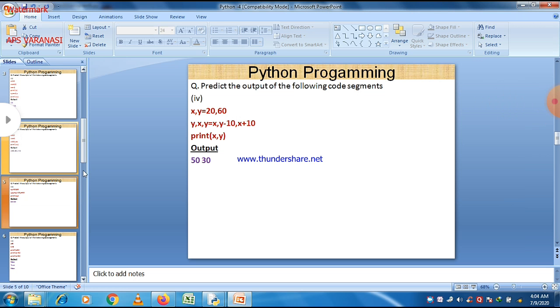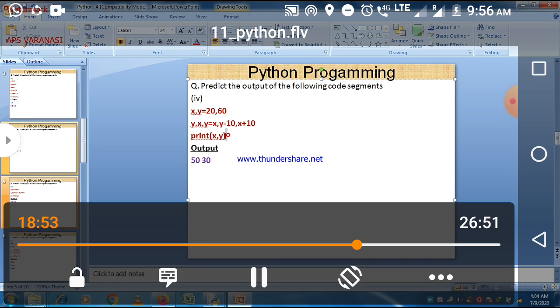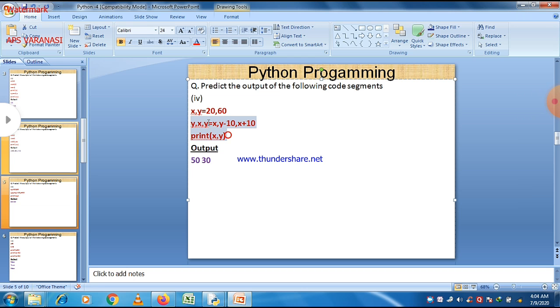Here again multiple assignment, but there are three variables here, and we can easily see that in this problem basically the same variable appears two times in an assignment operator. What happens if you want to print the value of that variable after that statement? Will it print the first value or the second value? So in this case the second value will be printed because the latest value will be considered. So let us check it.